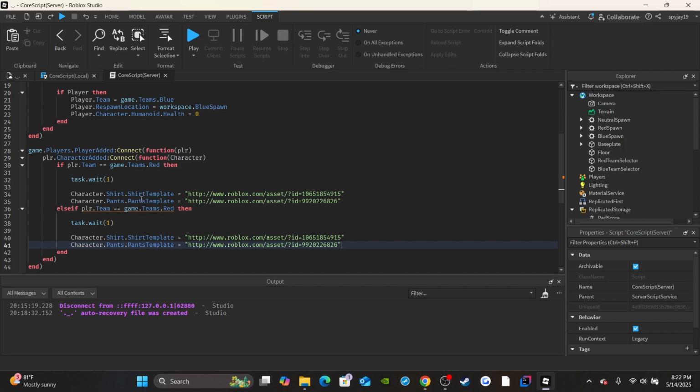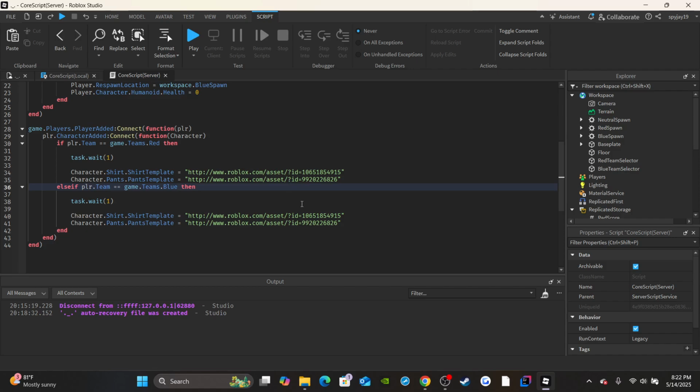Else if player.team is equal to, and then we got to update this. So we will say game.team is equal to blue team. So the blue team, right? Then all we got to do is just update the ID and stuff for the blue team. So we will say 12/08/967/8253. And then for the pants for the blue team, we will say